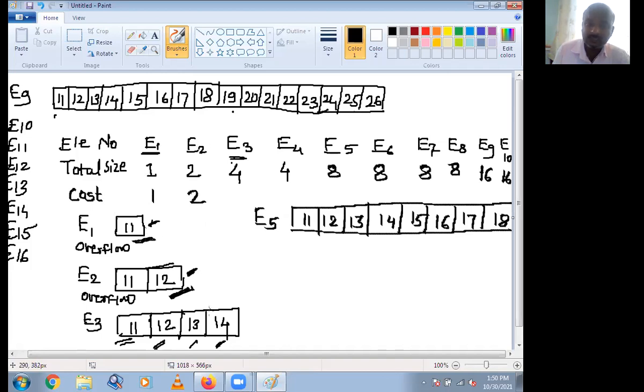For element 3, cost is 3. And whenever you are inserting the fourth element, cost is 1 because there is one space available while entering the fourth element. Are you getting?